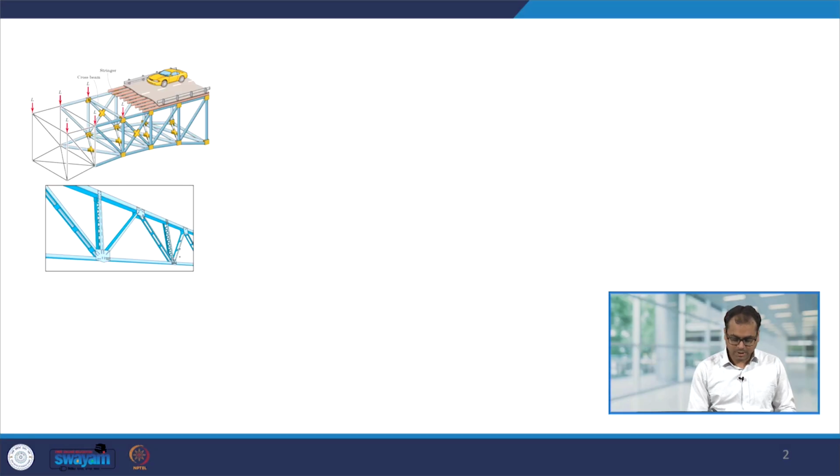Today we are going to start a new topic called structure, and particularly we are going to look at plane trusses. So let me first define what is a truss. You can see the picture over here. For example, this is a truss and this is an example of a planar truss because the members are in a plane. Okay. So by definition, a truss is nothing but a framework